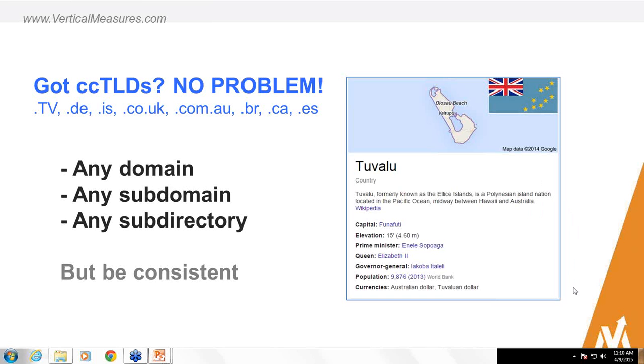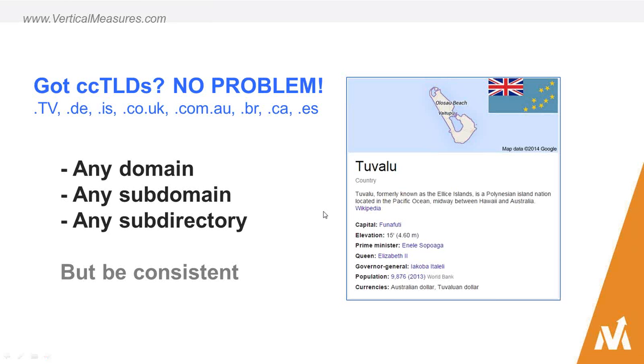So this is actually something I come across all the time. We've got a lot of clients. We work with Fortune 500 companies and small businesses all across the country and internationally. And one thing that always comes up is, hey, I've got all these domains parked. I've got the .eu version, I've got the UK version, I've got the AU, .ca, but I've always hesitated developing that because I'm afraid of duplicate content issues. So this is what hreflang solves. Okay, so you can use it on any domain, any subdomain, any subdirectory, but you should be consistent with it.